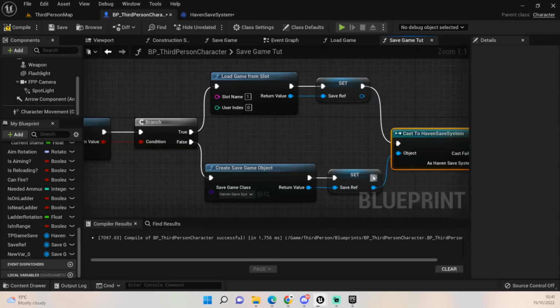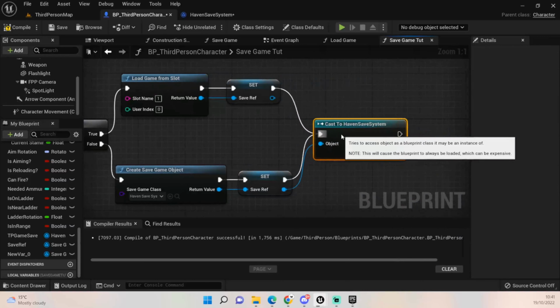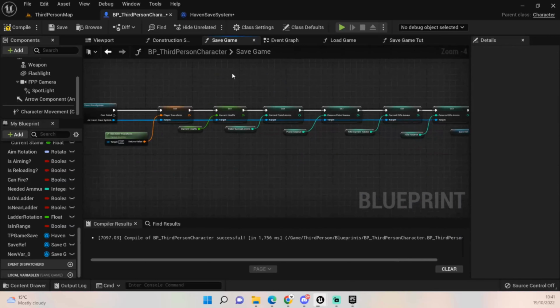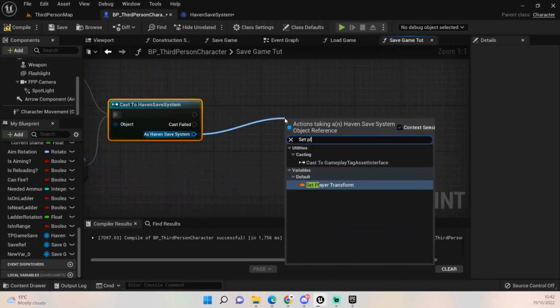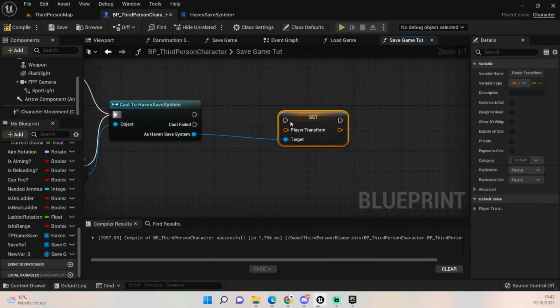Like so. And both of those can fit into there quite nicely. Now, I'm going to just copy and paste this over. But the next thing you want to do is basically set your variables to those new variables. Now, as I said, I'm going to copy and paste mine, but just to show you, you want to set player transform like that,